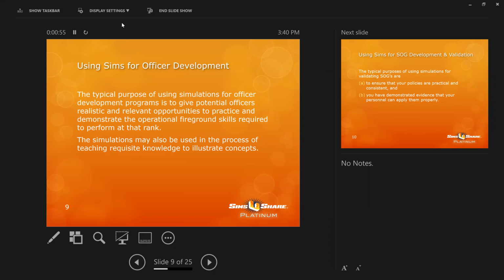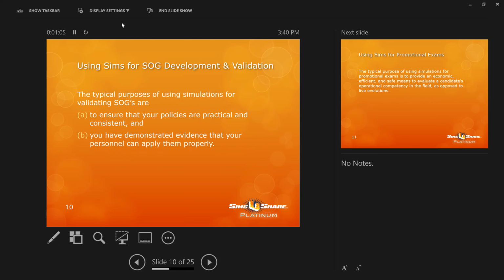Officer development uses simulations to give potential officers a realistic and relevant opportunity to practice and demonstrate skills. With SOG development, SOGs are designed to ensure that policies are practical, consistent, and realistic, and using simulations is a great way to demonstrate that your personnel can follow those policies. And it can also be a way of discovering